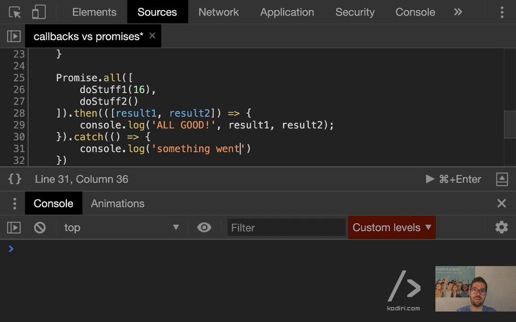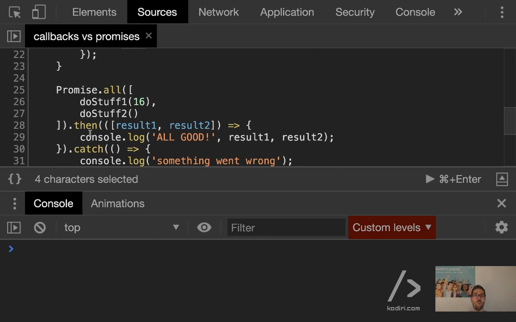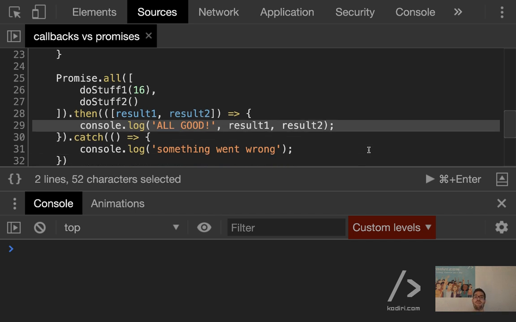But then, I still got a question, because do stuff 2 is resolved, and actually it's resolved quicker, in 1 second. So will line number 29 ever run? What do you think? No, of course not.